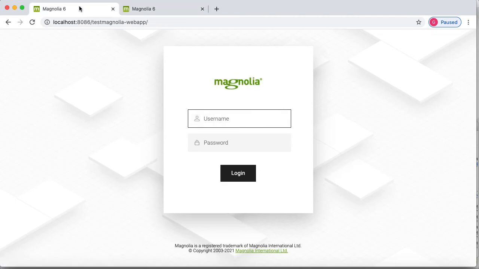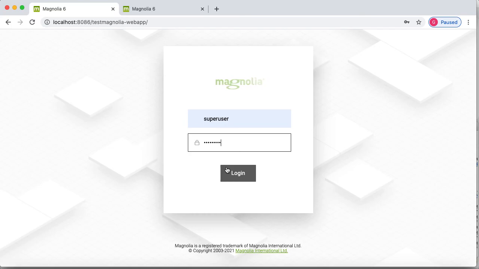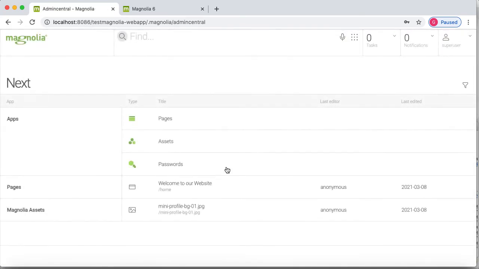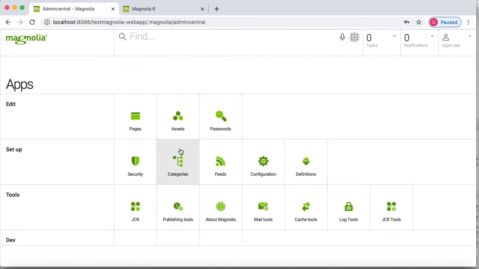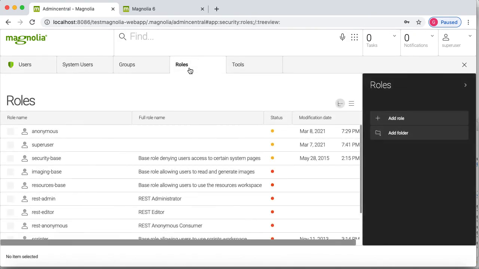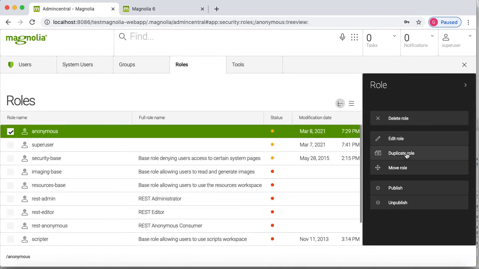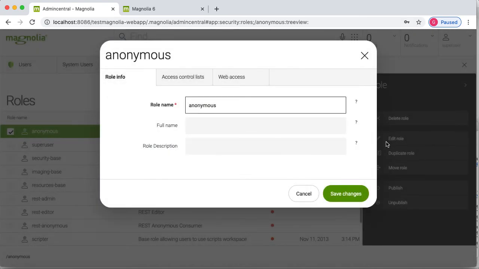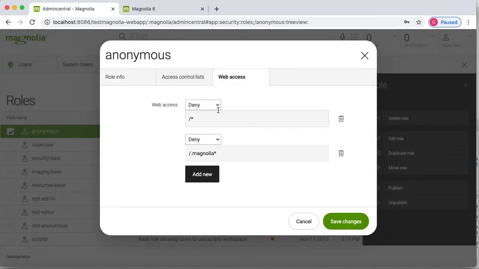Okay, there is one more change we have to make. For user, again we have to go to security, and here we have roles, this one, edit role, web access, here we have to put cat and post.